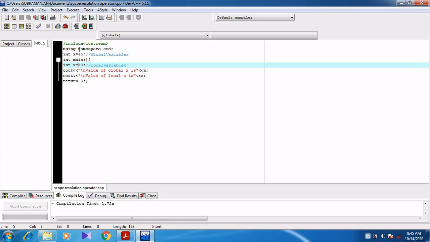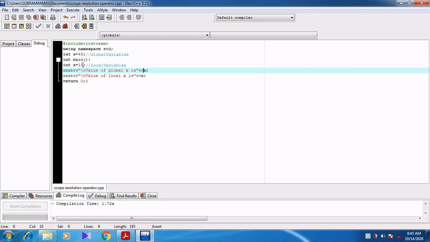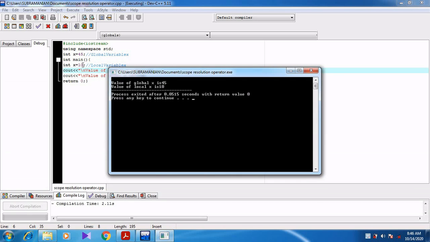It does not go outside. It just sees the value declared inside the main function. Can you understand, students? But if I use scope resolution x, then it is used to access the variable outside the main function. Can you understand, students?